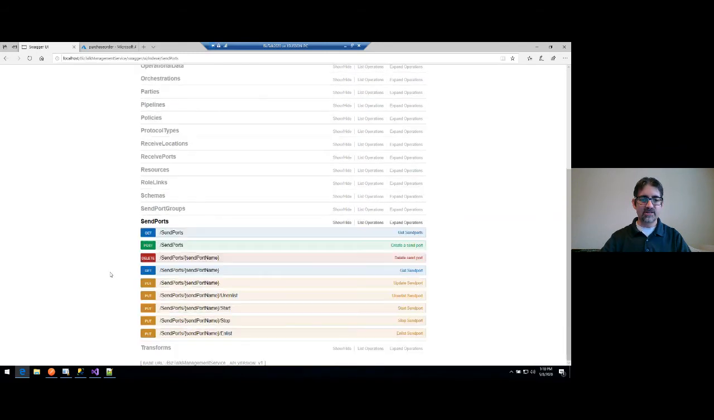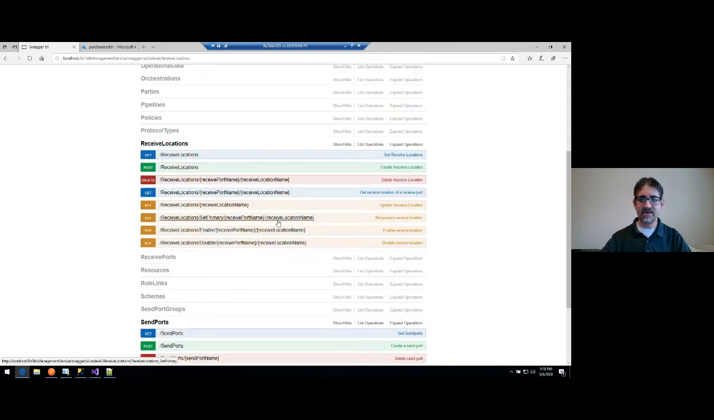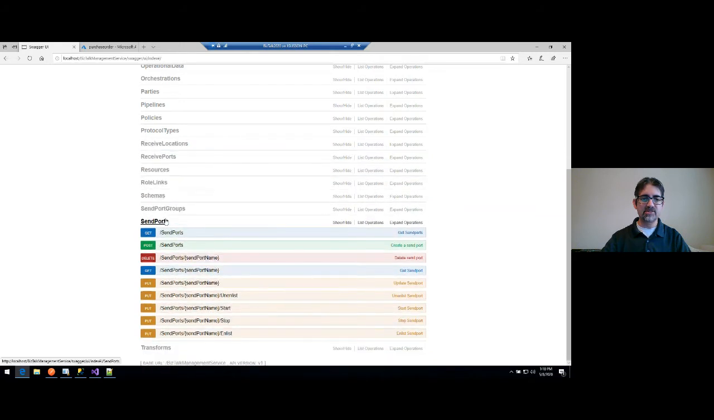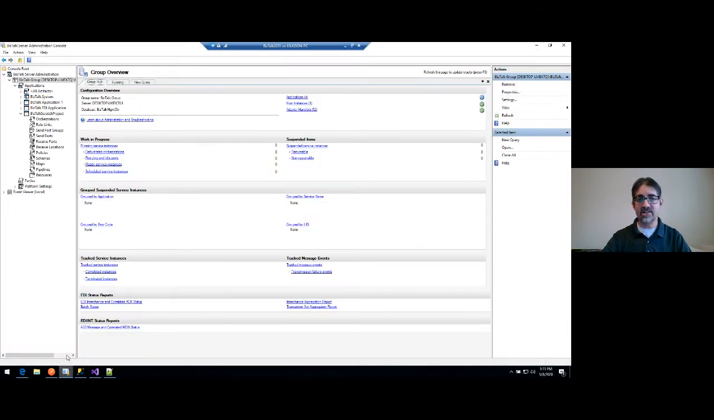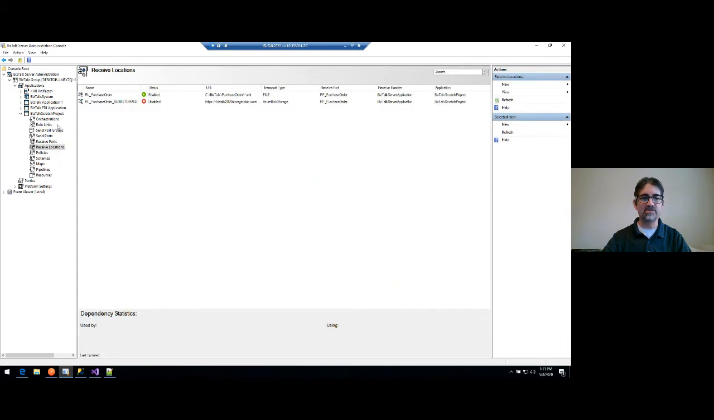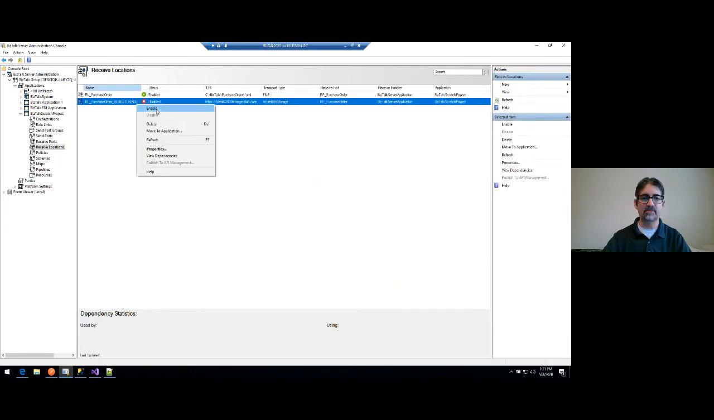Send ports, receive ports, the same thing. You can start, stop, enlist, unenlist send ports; receive locations, the same thing. You can start and stop, enable or disable receive locations. So these are all features within BizTalk that you can now use to enable lots of interesting scenarios without having to actually go into the administration console. This is previously where you would have to do these activities to start and stop, enable or disable